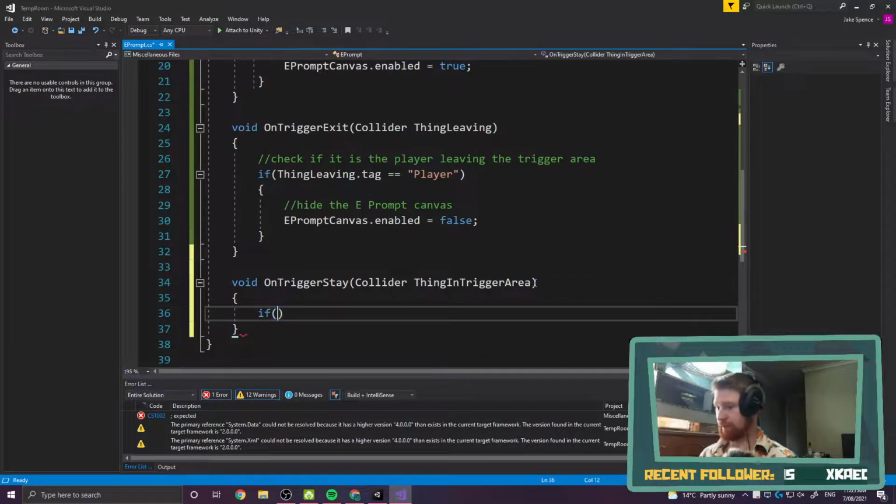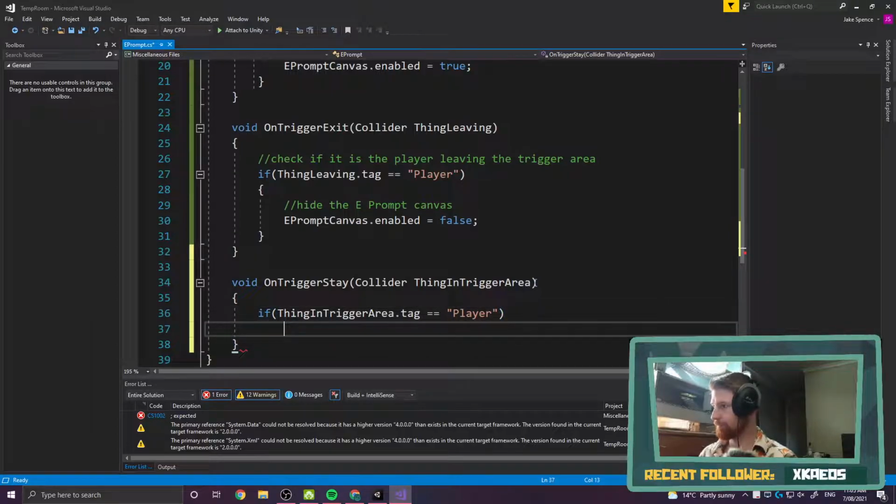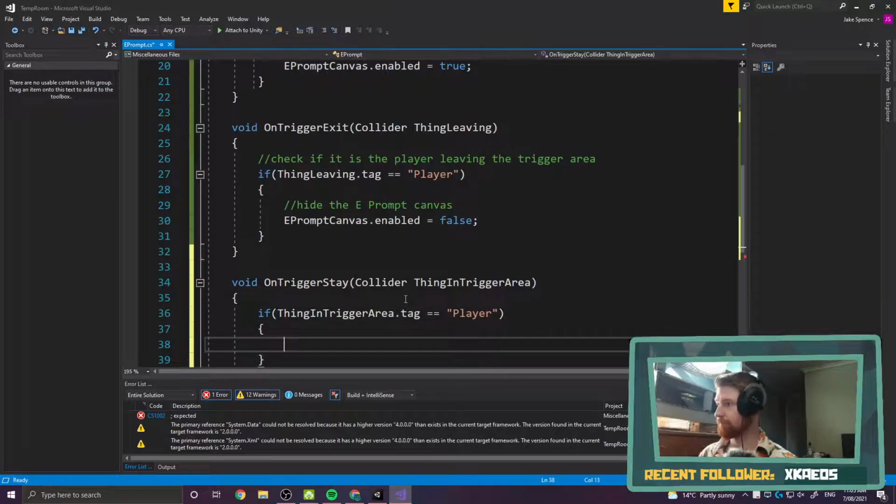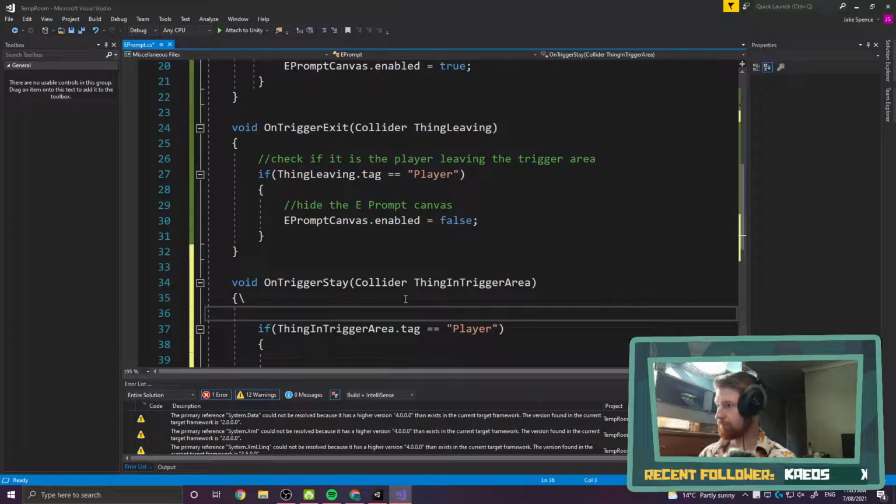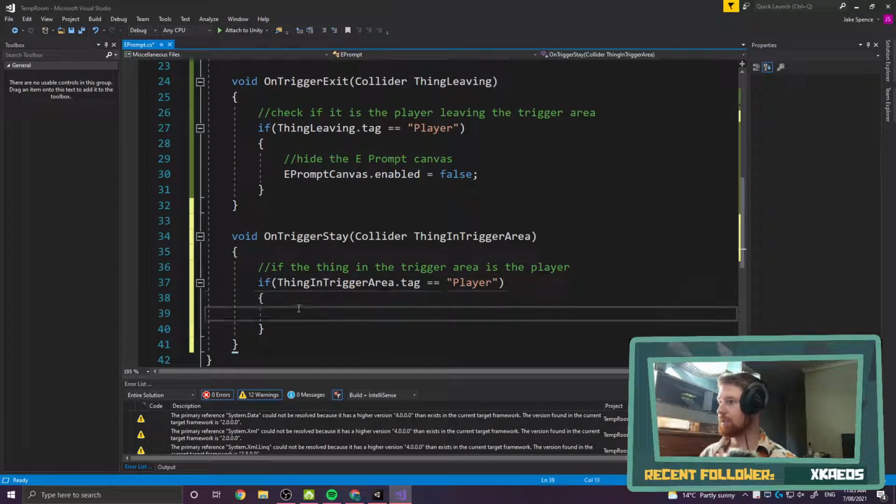If the thing in the trigger area has the tag that equals player, if the thing in the trigger area is the player, then we want to check if the